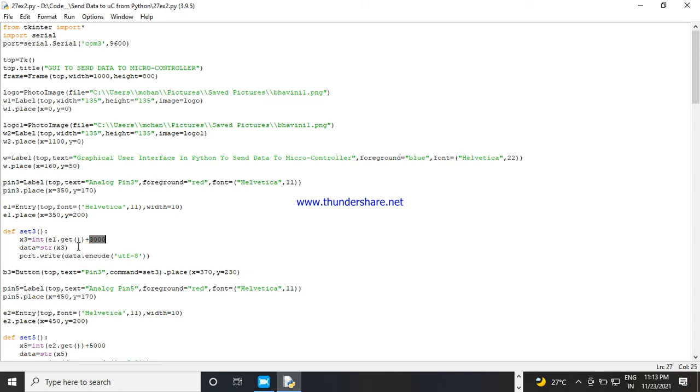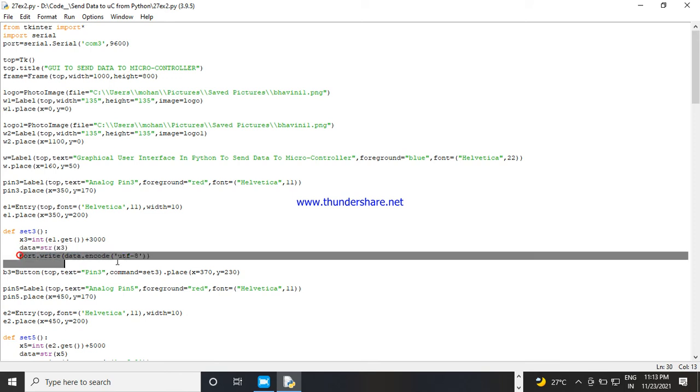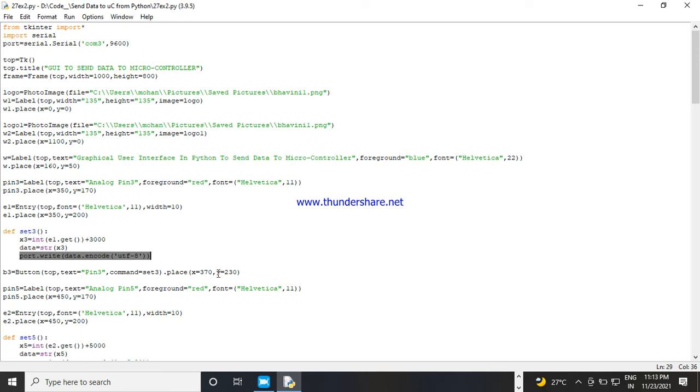Then because now it is integer, but that will be sent to the serial port, it will not understand whether it is integer, float or anything. It will only understand as ASCII, as a string. So that's why I have converted it as string, and then that value I am sending to the respective serial port.